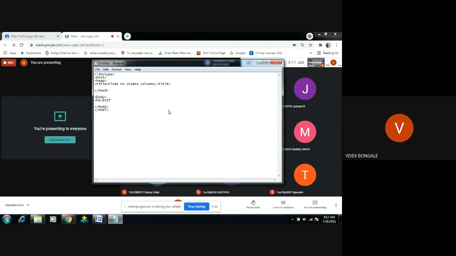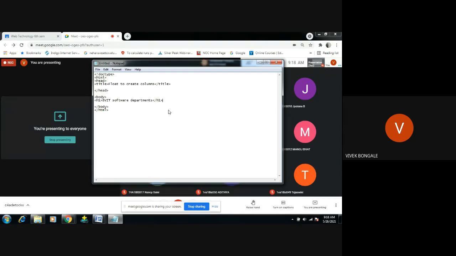So I'm just trying to create a column, right? I'm just giving some information on information science, some information on computer science. This is what I want to display in my browser, through the help of columns, right? So what I will do, I just use the heading, header h1. So SPIT software departments, software department.